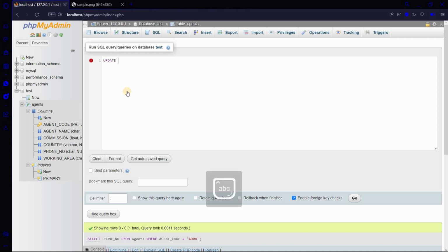Update is followed by the table name, which is followed by the set keyword. Add the column name that we want to update. Let us add the condition where agent code is A008.